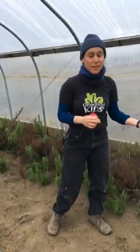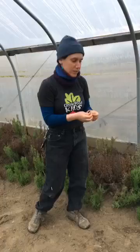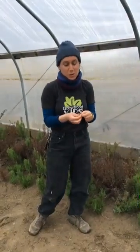And it's a perennial here, which means that it grows back every year. And yeah, it's good in many different kinds of foods. You can even put it in sweet foods. Yesterday I made a cake, and it was